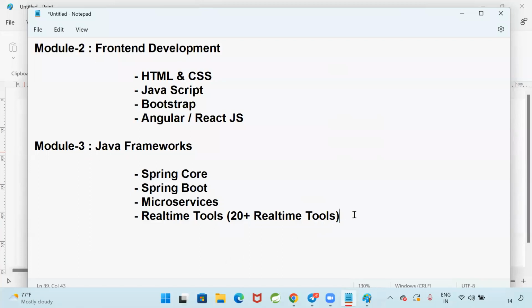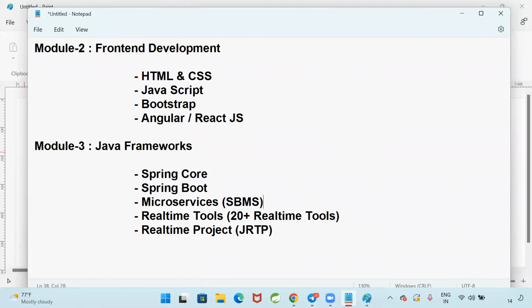After completion of these real-time tools, we are going to develop one end-to-end real-time project. People call this real-time project JRTP, Java Real-Time Project. This is Spring Boot microservices, which we call SBMS, and the Java Real-Time Project.